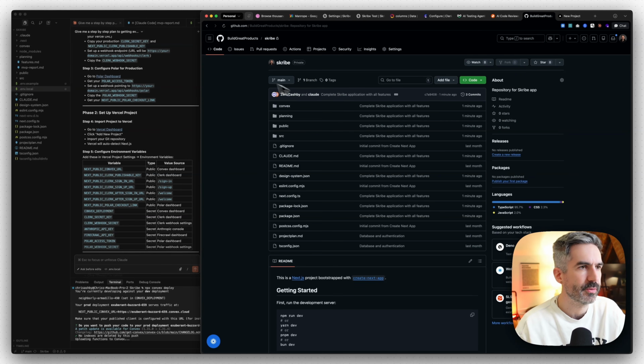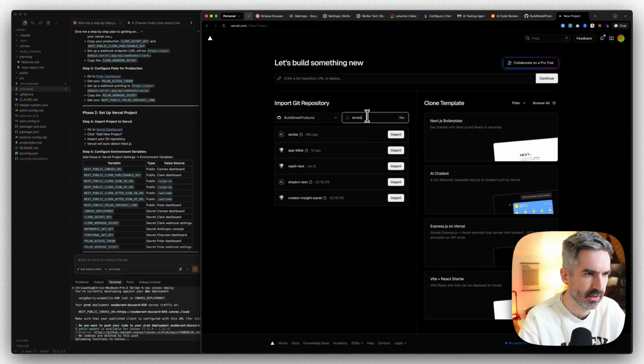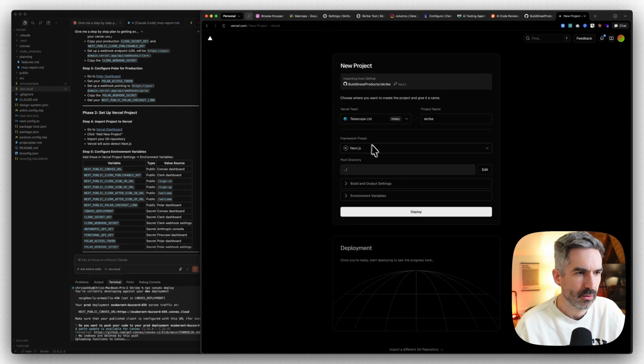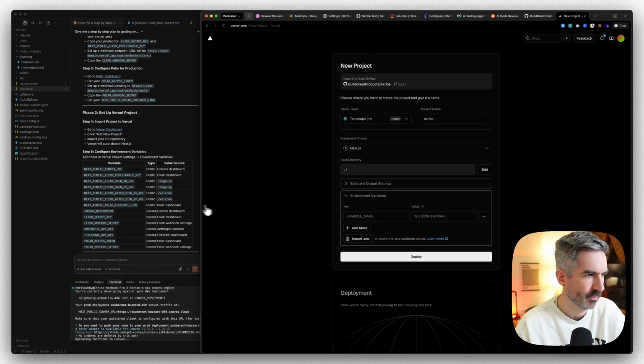This is called Scribe. So let's just find Scribe and then let's import that. And then what we're going to do here is, it says Vercel will auto detect Next.js. Step 5, configure environment variables. So in this environment variables section here, we can copy and paste, or we can import a